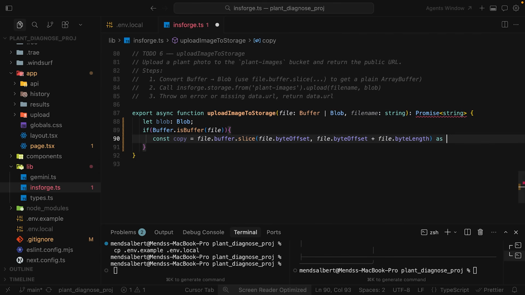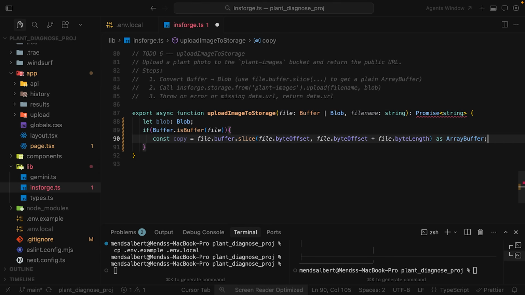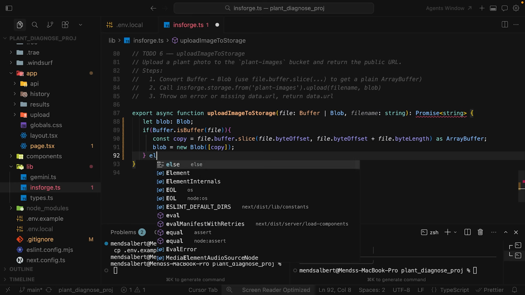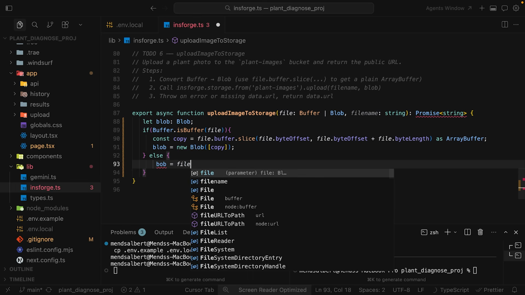The reason we slice rather than just using file.buffer directly is that a buffer is often a view into a larger shared ArrayBuffer. Slicing with the byte offset and byte length gives us just the portion we care about. Then, blob = new Blob with the copy inside an array. The else block handles the case where the input is already a Blob. Typing else { blob = file; }